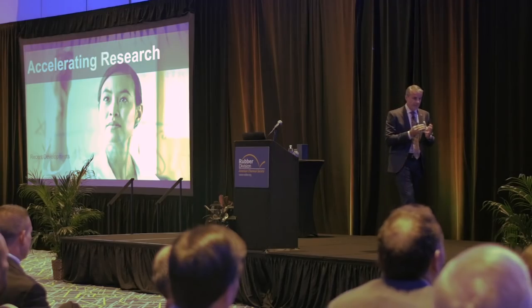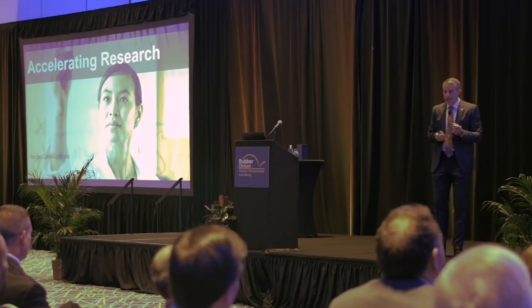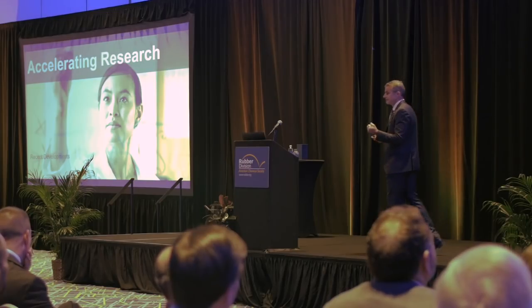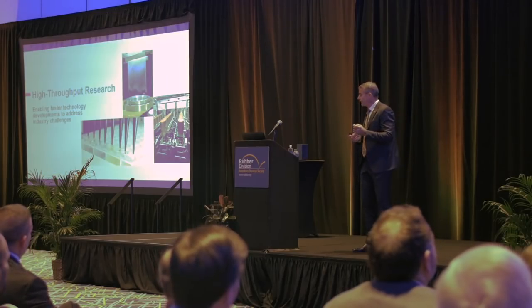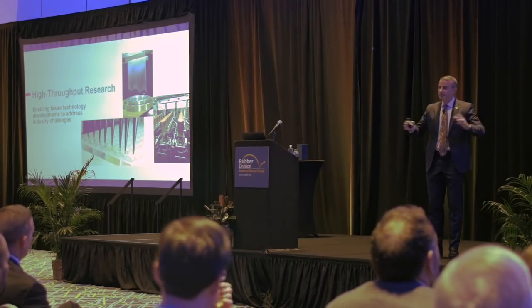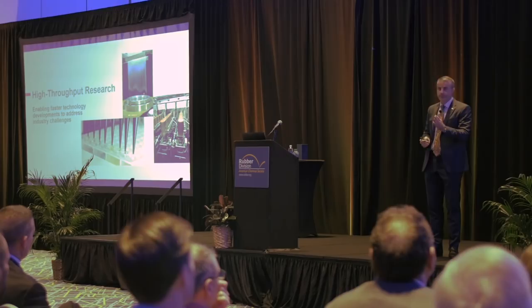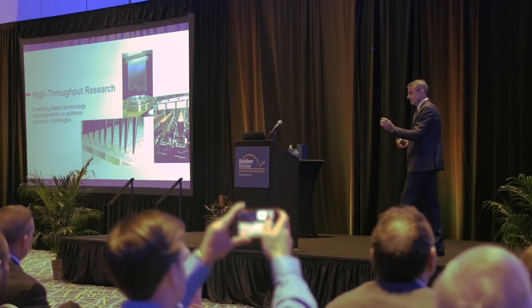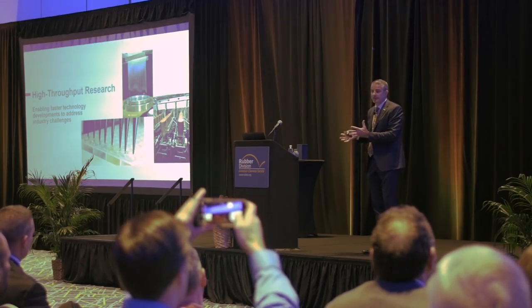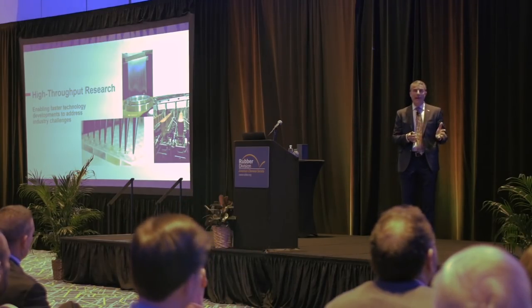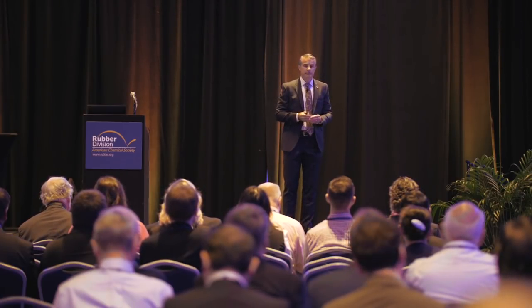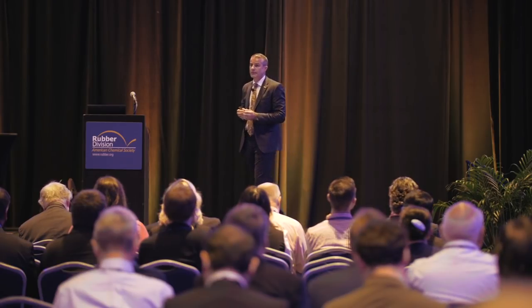So let me go to the 3 examples that I would like to share with you today. The first one involves what we call high throughput technology. When you go through the classic way to do science, and it's been like this since the Stone Age pretty much, you think of something, you run that experiment, you analyze and characterize what happened, you draw some conclusion, you go back with this new knowledge from your experiment and maybe do the next experiment. That's been how we have done science all the time.